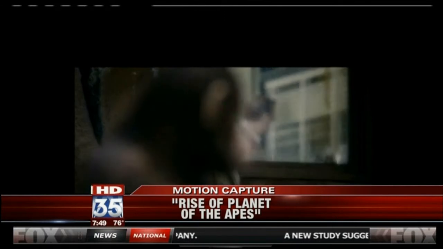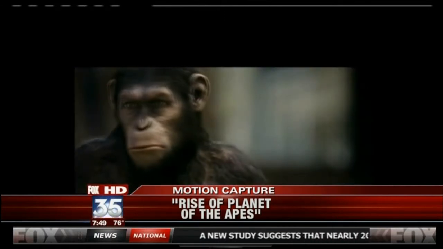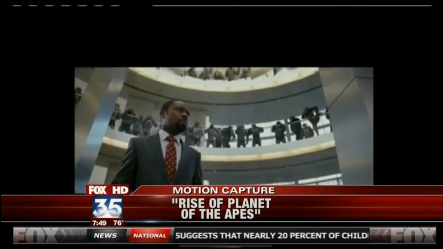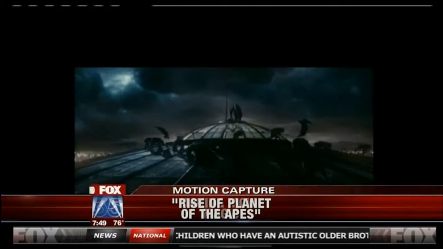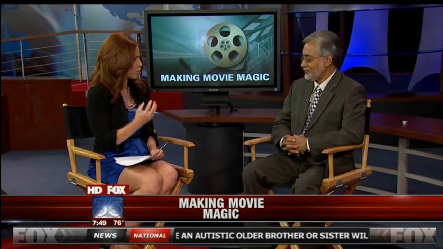And this particular actor that modeled for Caesar, Andy Serkis, was the actor that did Gollum in the Lord of the Rings movies. So how do they capture, do they wear anything special so that the computer can get all of the real movements that a human would make? There's several techniques, and one of the most common is a bodysuit that has balls that look like ping pong balls on the body, so that if we want to track motion of the hand, there's a little ball on the hand that will move up and down, and that will be tied to the hand of the computer model